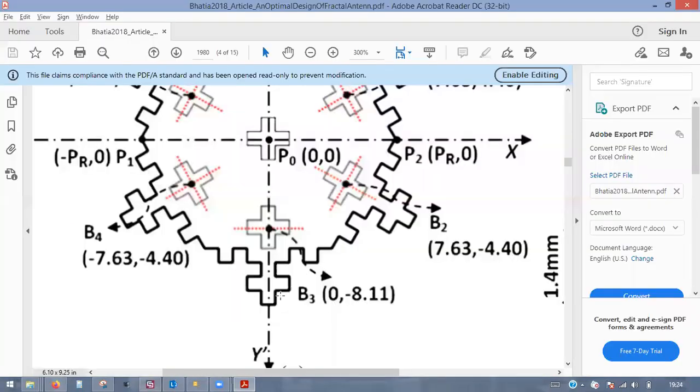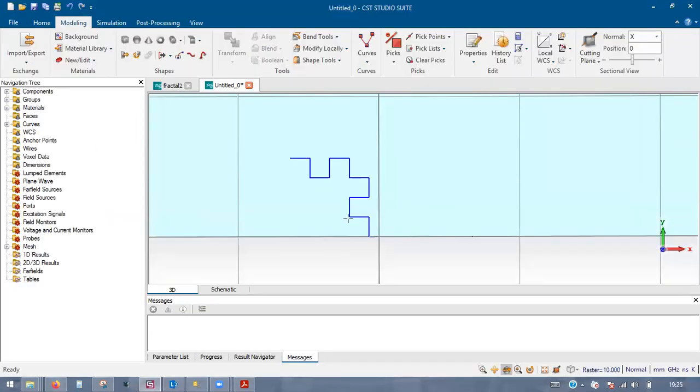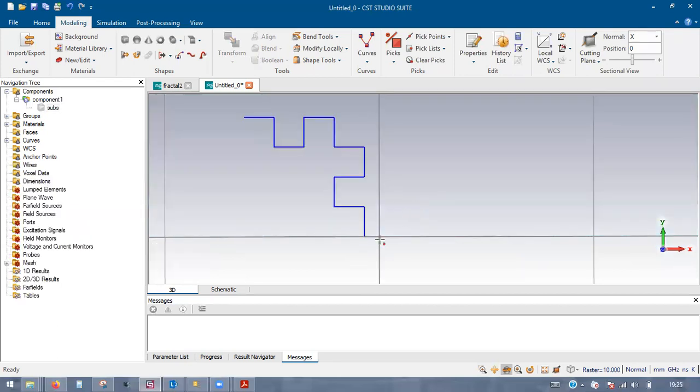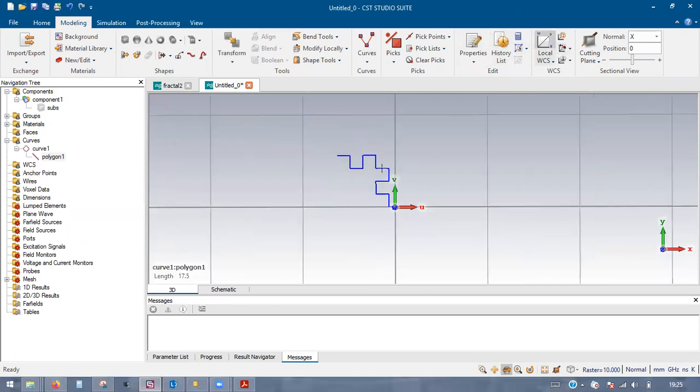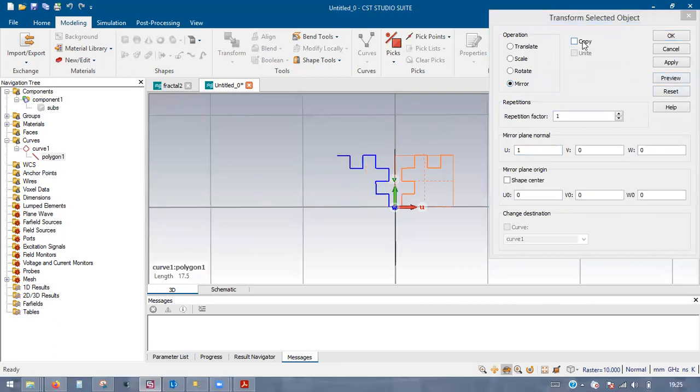Now here you can see we have created this half portion, right, till this point. If you see, the rest of the portion is just a replica or mirror image of it. So with the help of this 1/4 part, we can bring all our model. So I'll hide this. Now if you see here, I'll bring here UW coordinates. Once I take the mirror image of it along your axis, the 50% of the lower part will be done.